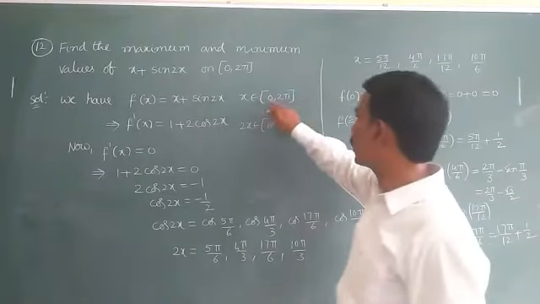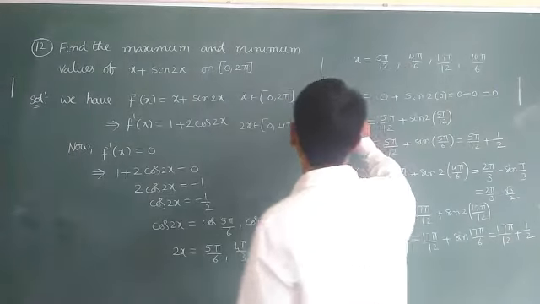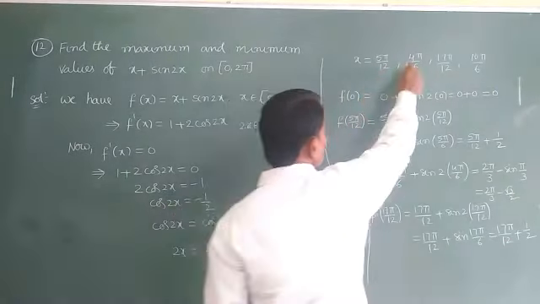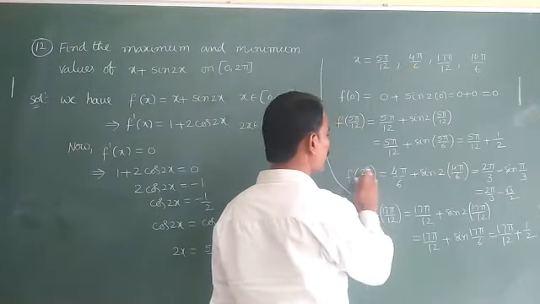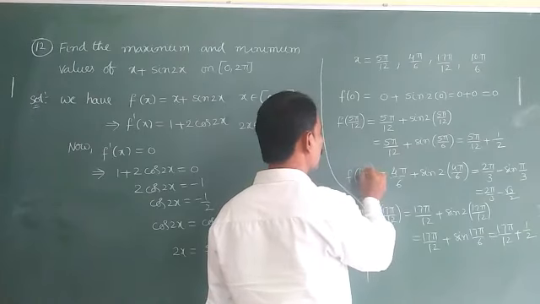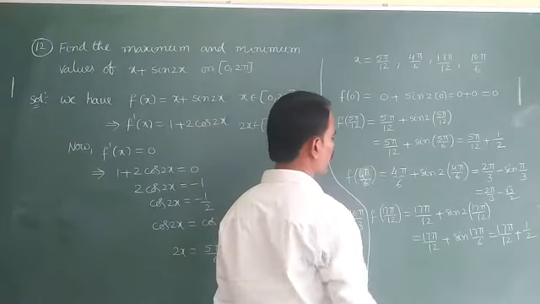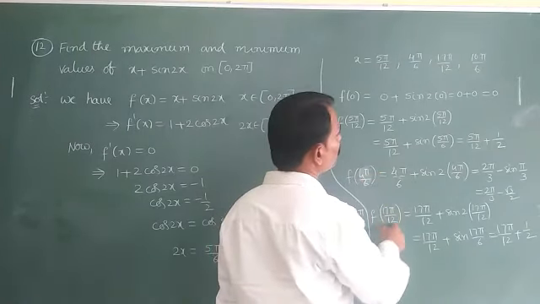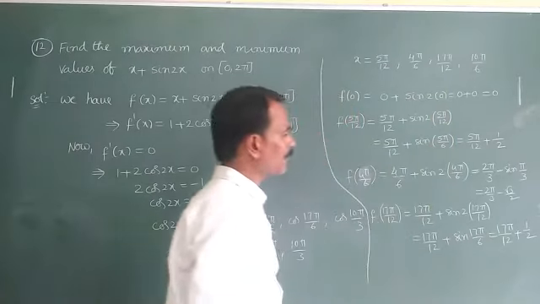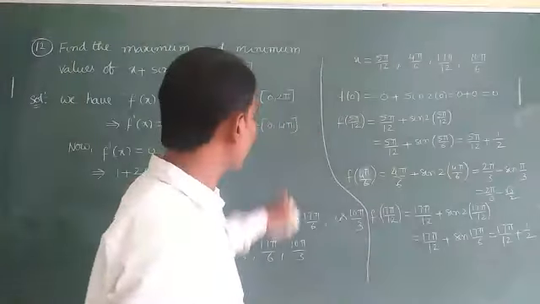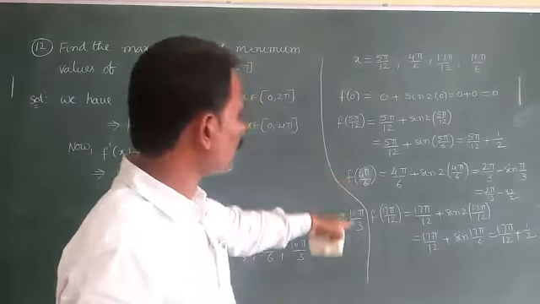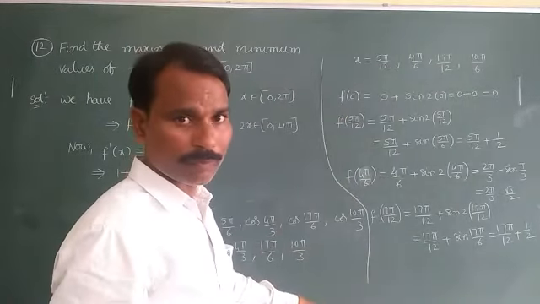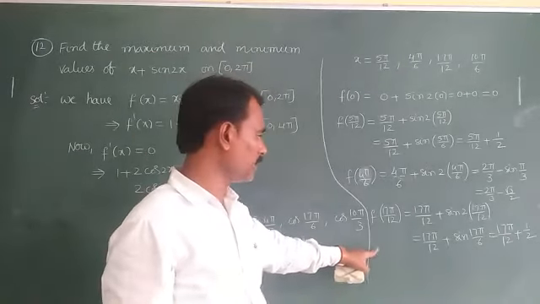Now with 0 to 2 pi, by taking f of 0, f of 5 pi by 12, f of 4 pi by 6, which means 2 pi by 3, will come now. 4 pi by 6, if you are confused, take the same number only, 4 pi by 6, then only you can calculate. And f of 17 pi by 12, and one more value is f of 10 pi by 6, and one more value is f of 2 pi. First note down these values. Like this you have to simplify it, guys. Okay, you can conclude it.